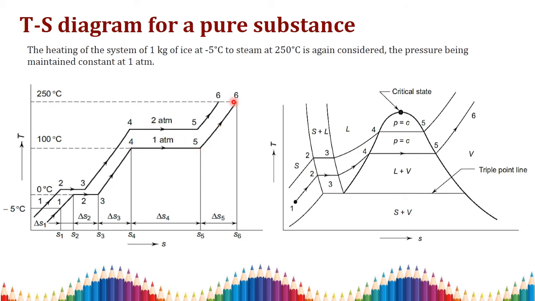Then it will of course be water at 100 degrees Celsius and then the superheated stage. Consider here this is 1 atmosphere, 2 atmosphere and 3 atmosphere; we can draw another line for 4 atmosphere. In a similar way we can proceed. You can mark all the saturation points, 2, 3, 4, 5, and then draw the curve like this. This curve is called the saturation curve on the TS diagram. This point is the critical point. Here the pressure is constant, since it is a constant pressure process.